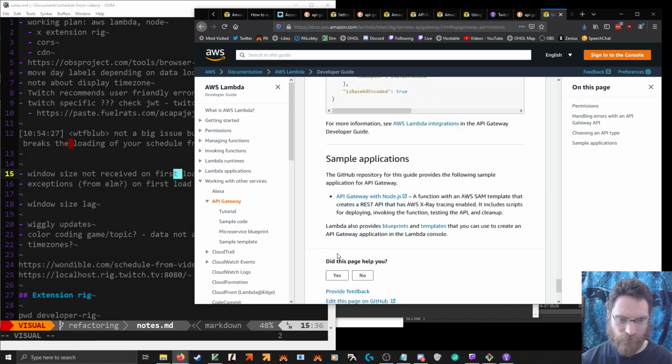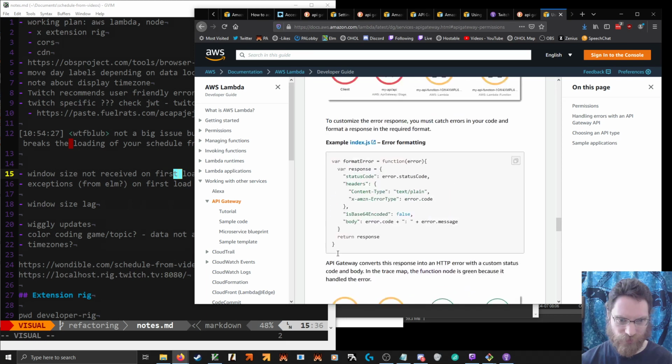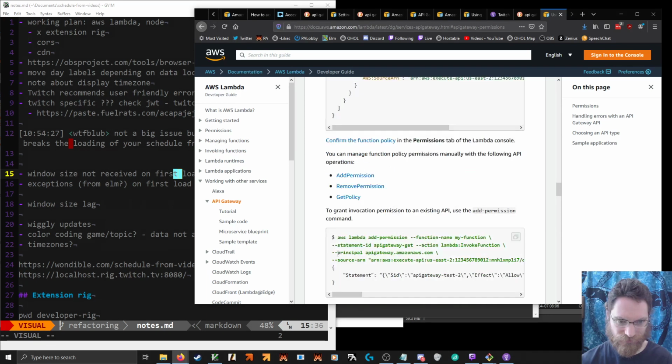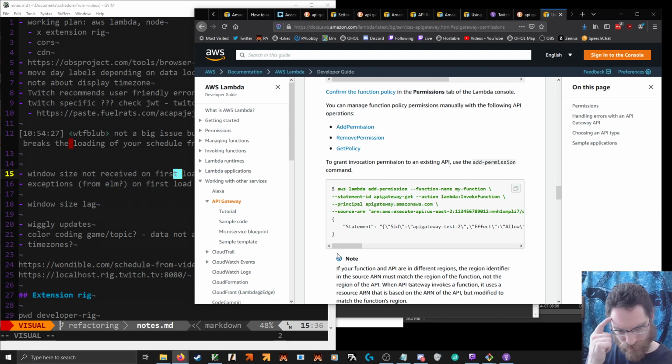I don't remember where I got the example statement last time. Add permission, function name my function. API gateway. I have to do that for each one. Invoke function.